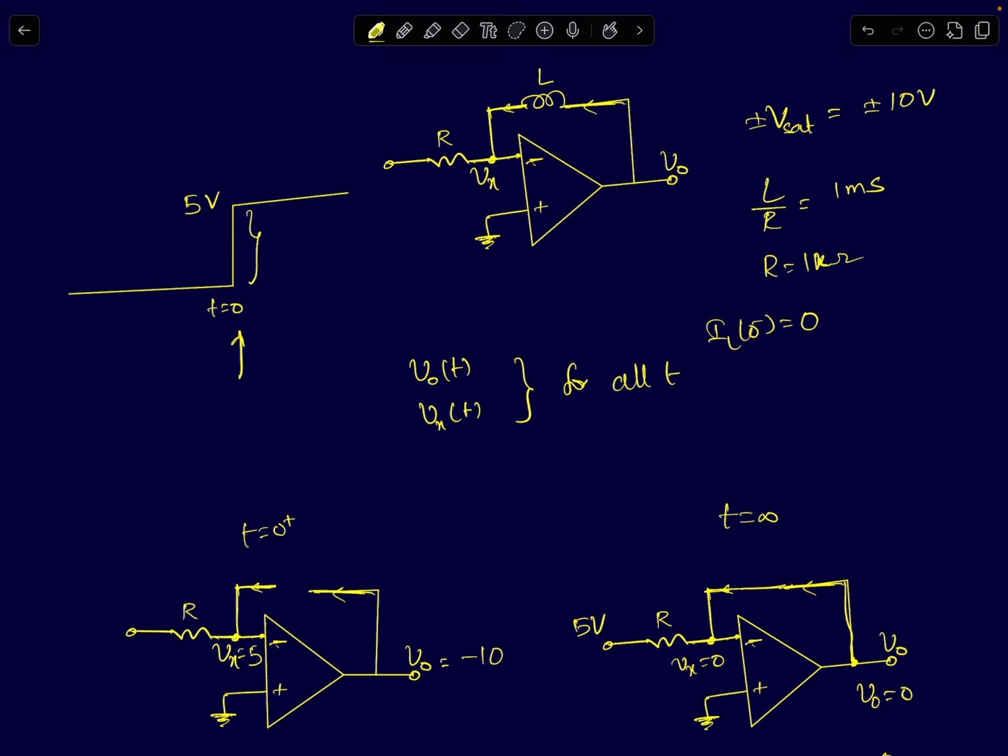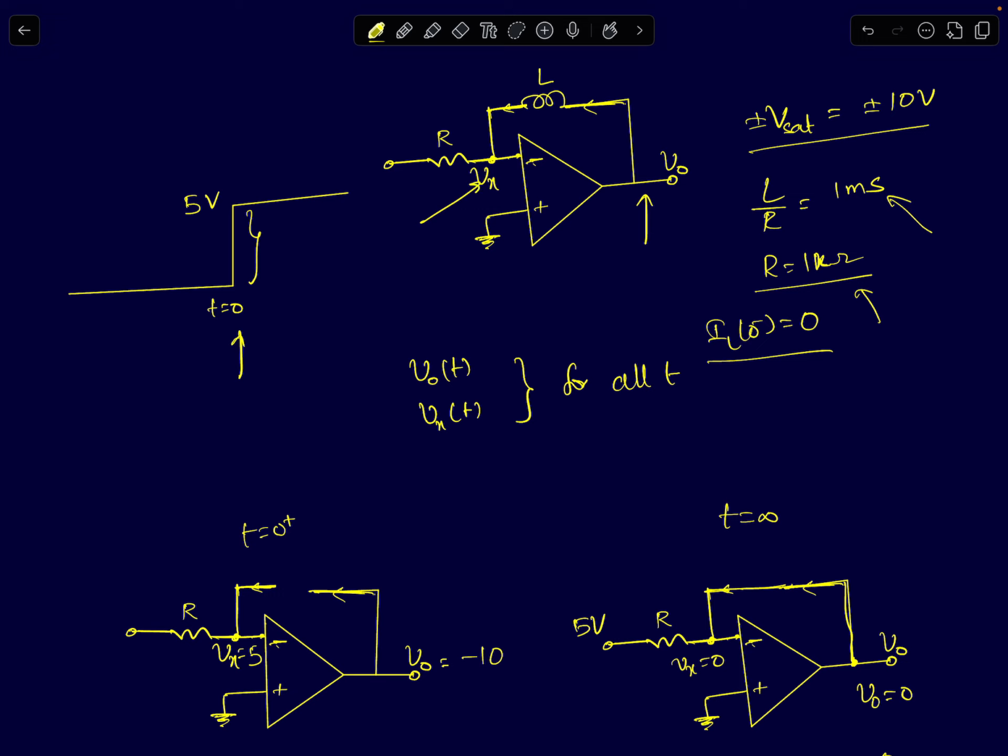The op-amp is the same. The saturation voltages are plus minus 10 volts. The time constant here is 1 millisecond. But here we are only interested in calculating the step response, not a pulse response, just the step response. And the value of the resistance is given to be 1 kilo ohm and the initial inductor current is 0. You are supposed to find out